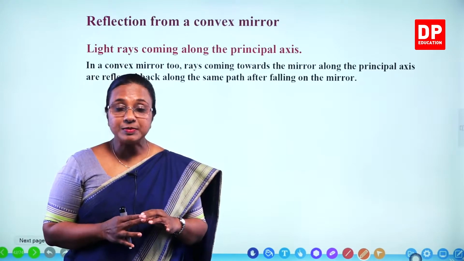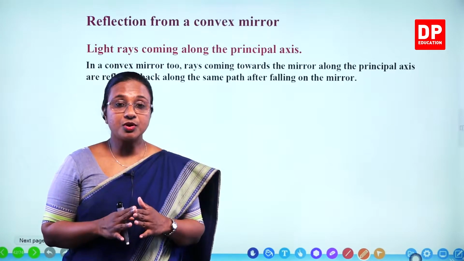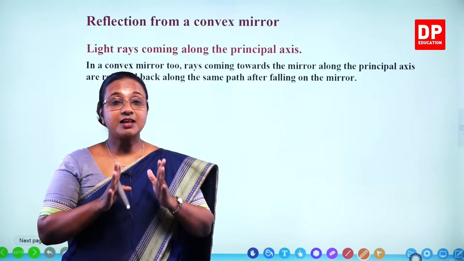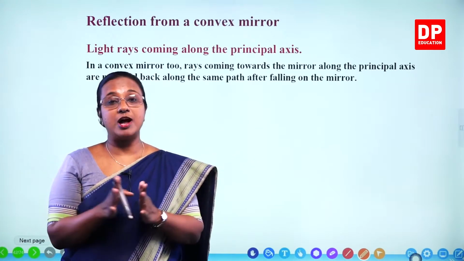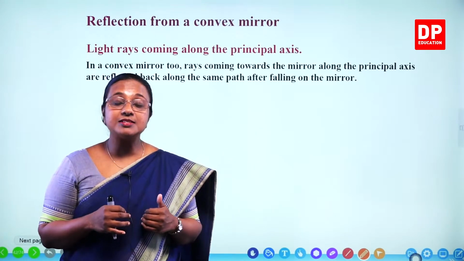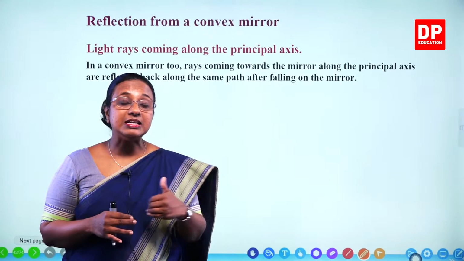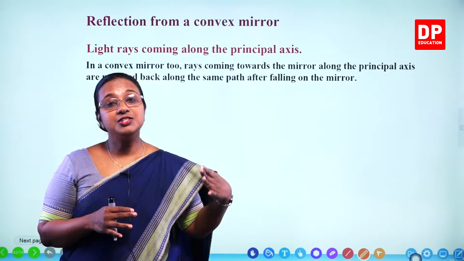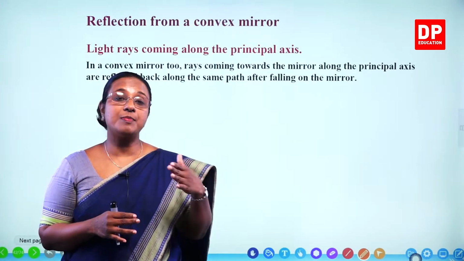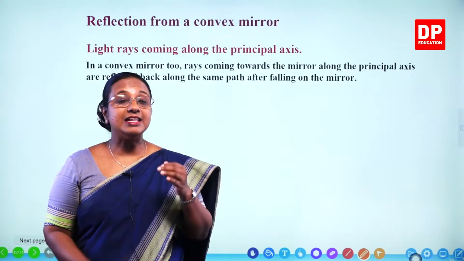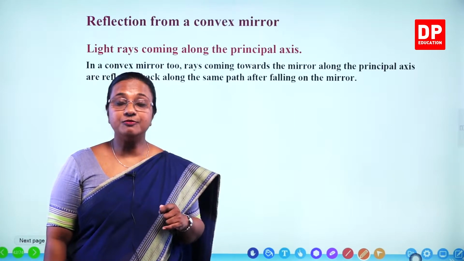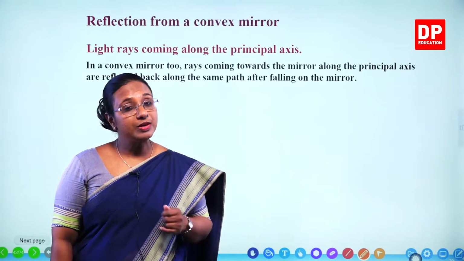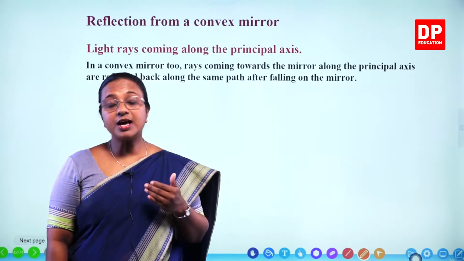So convex mirrors, we also saw that they diverge rays. The rays are reflected away from one point, but when you extrapolate the rays, they meet at a point and look as if they are coming from that particular point. And that point is known as the focal point of the convex mirror. Now we will see how different types of rays